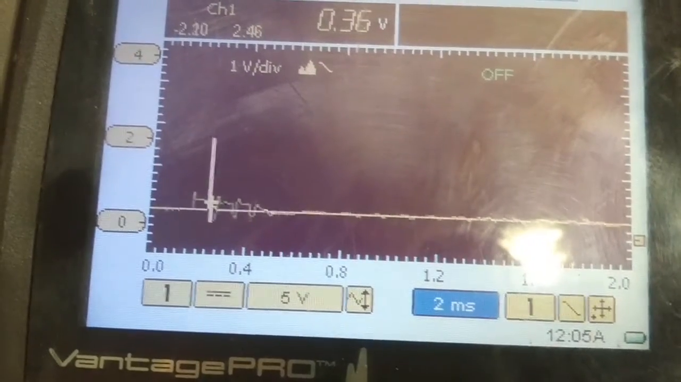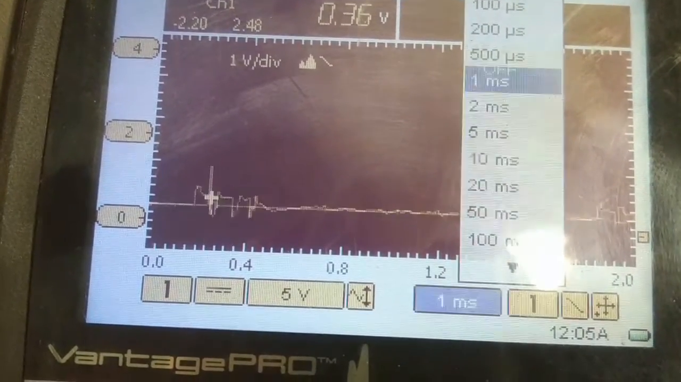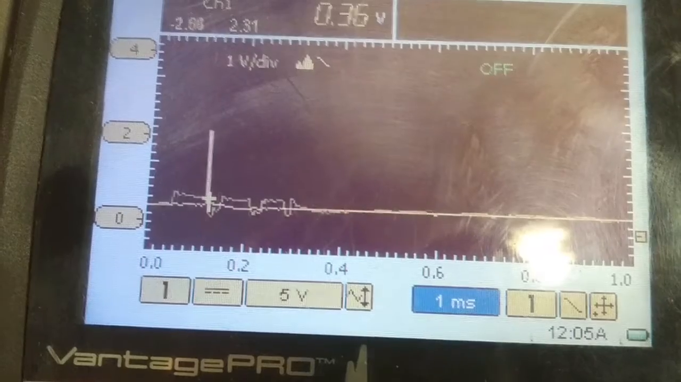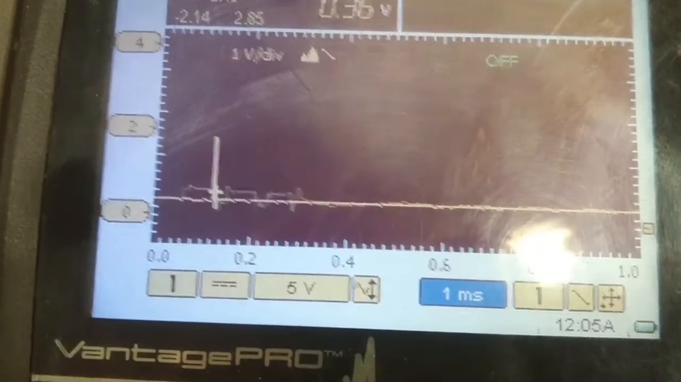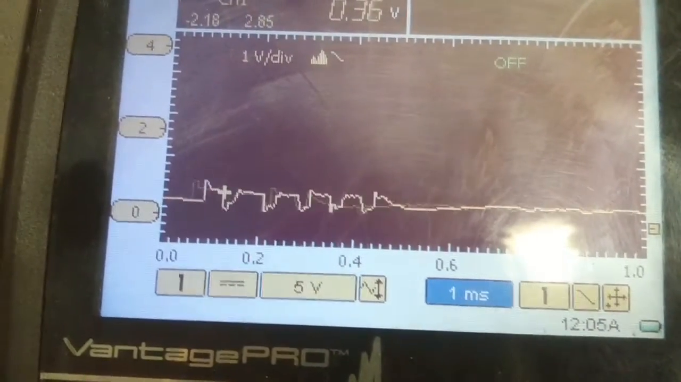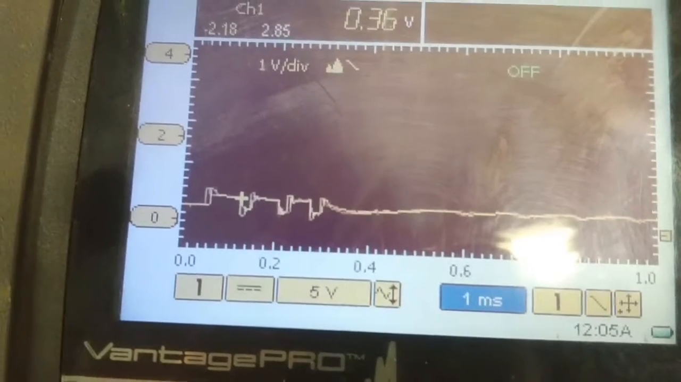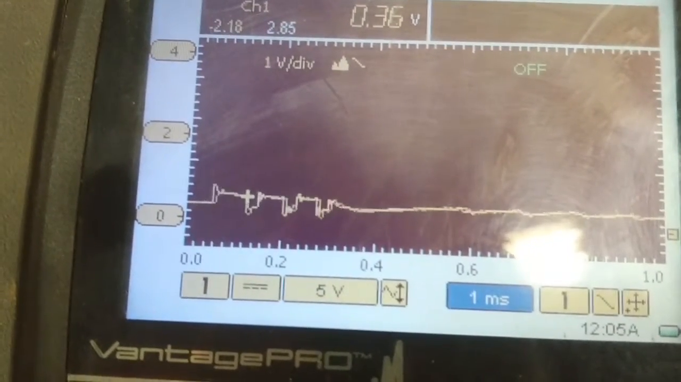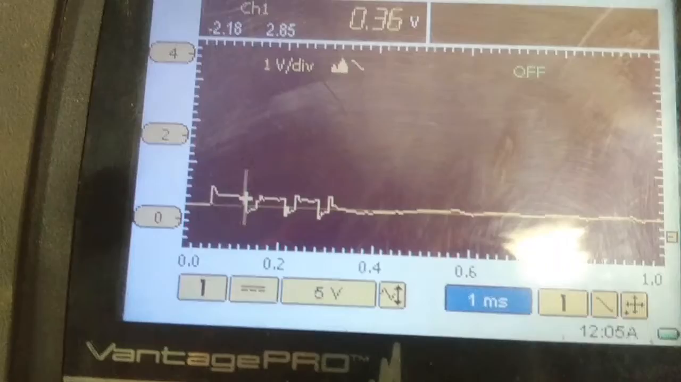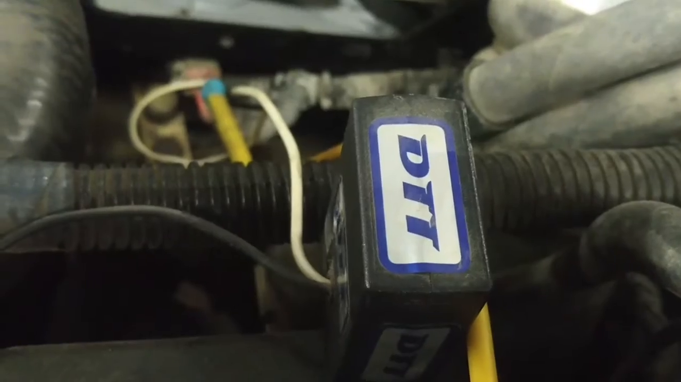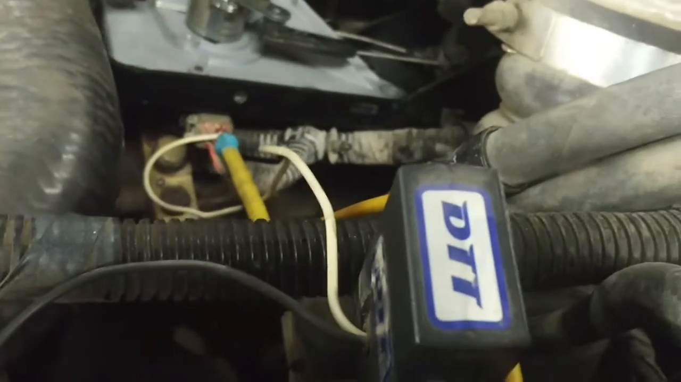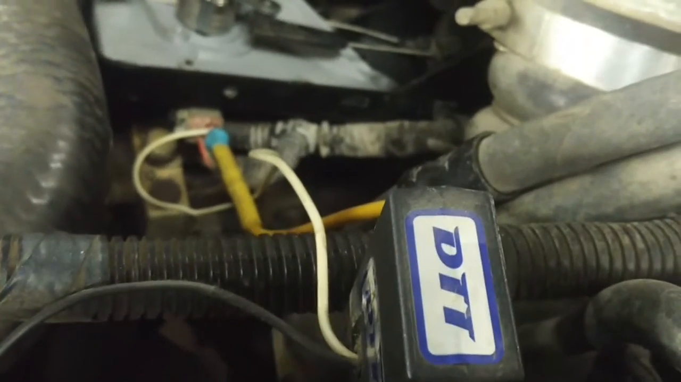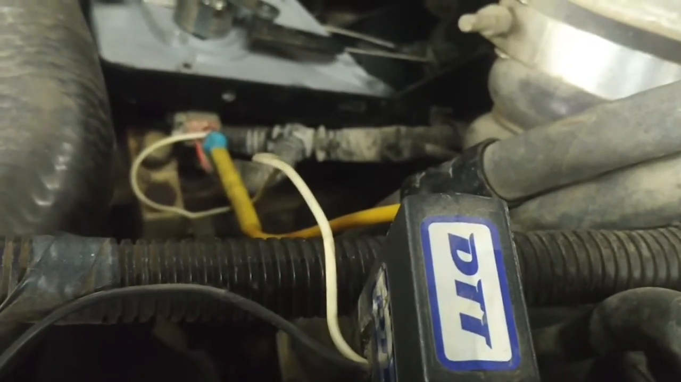Kind of looks like an injector waveform. Well, I'm going to try putting a filter on that. That signal is like that on the ground of that sensor as well. So I've got this DTT noise filter that I had originally installed on a 98 Cummins on the TPS